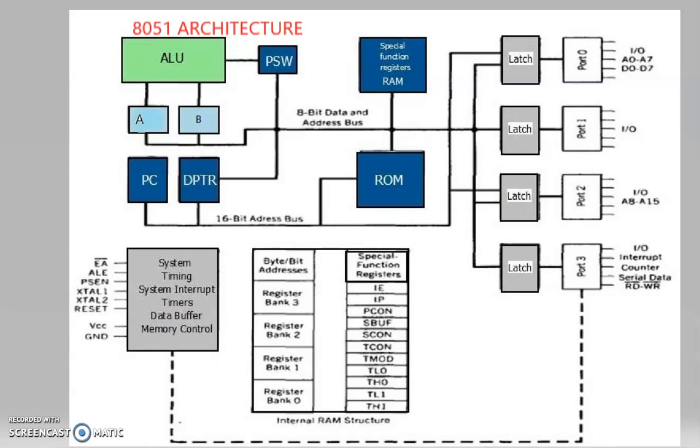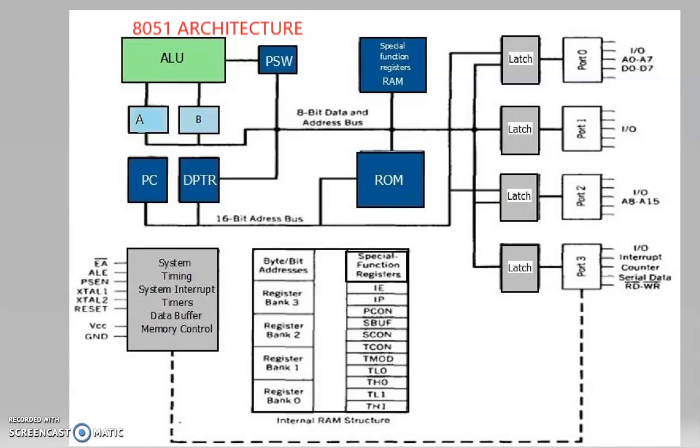So what is the difference between a microprocessor and a microcontroller? A microprocessor is just a processor. A microcontroller means we have a processor plus the memory plus the IO devices. All these components are incorporated in a single chip, which makes the device more compact. So the system becomes more compact and it is useful for small appliances like remote controls, etc.